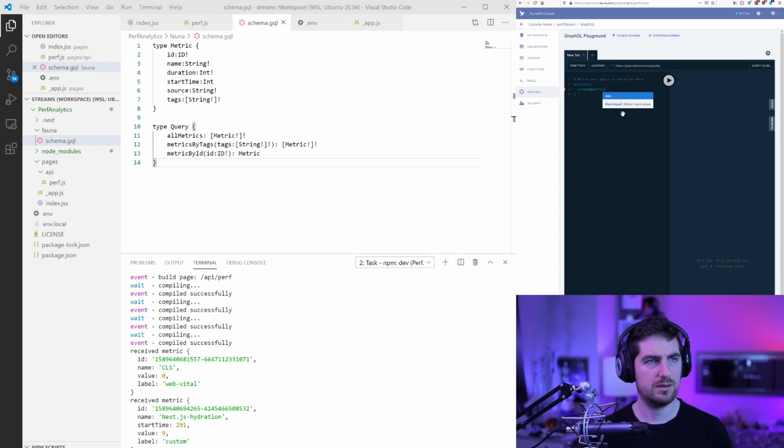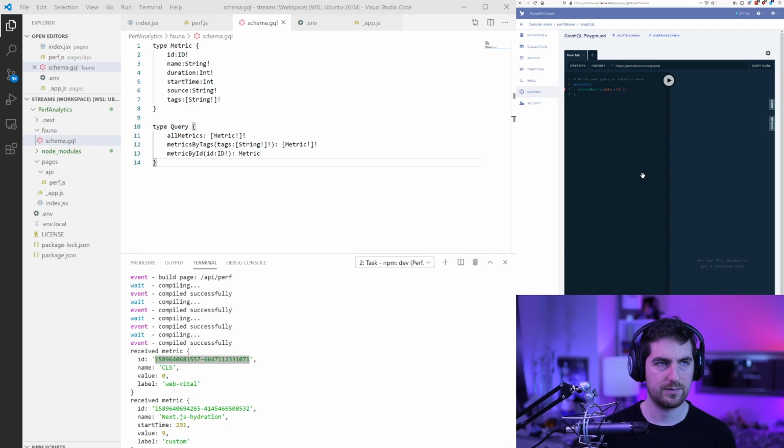create metric is waiting for data, and that data is going to get my ID. So I'm going to grab that guy. Oh, sure, JSON. Okay. Name is going to be CLS. Duration is going to be 0 because it's like super fast. Source is going to be